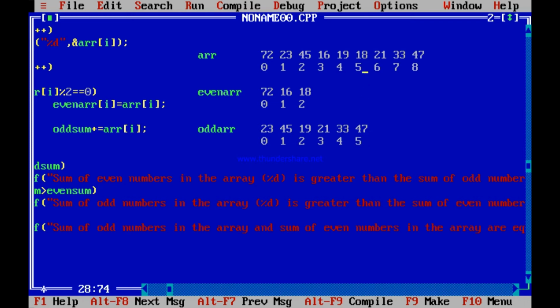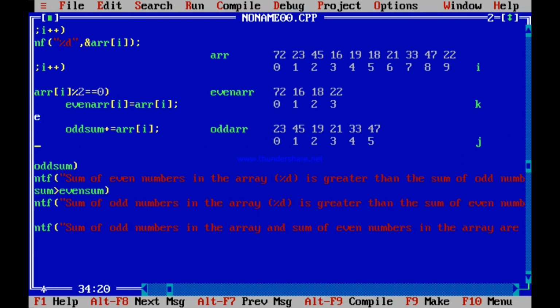Please check out, if the position is I, then there is no match between this position and this position. This position has to be separate, J. And over here, if there is another number, say 22, where will you copy it? It is in the 9th position, I is 9, but where will you copy it? You will copy it over here in the even array. In which position? In the 3rd position. So this also does not have any match. This has to be K. So what I mean to say is this I, J, K will have to be separate. These indexes will have to be separate for even array and odd array.